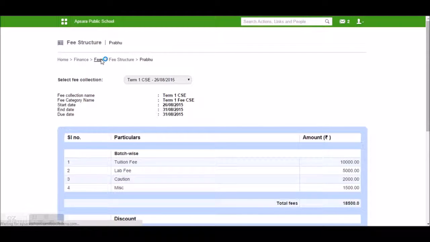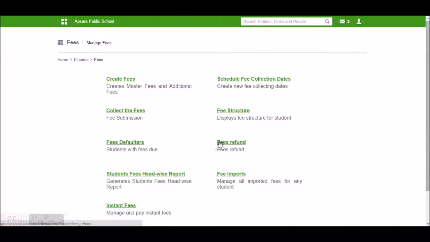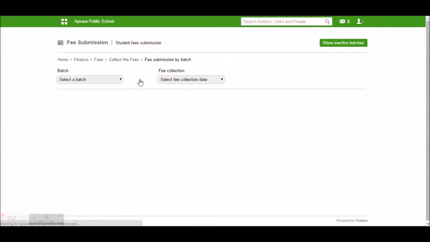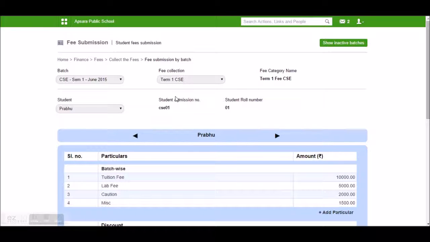Now we can go for collecting the fees. Click on this. We will get 3 options here: fee submission by batch, fee submission for each student, and particular wise fee submission. And we can go with the first option here, fee submission by batch. Click on this. We need to select the batch. We need to select the fee collection that we have created. This will list all the students. We can click on the next student option here. It will list